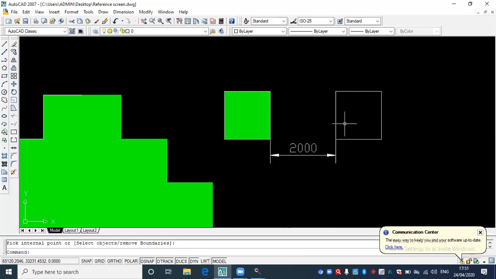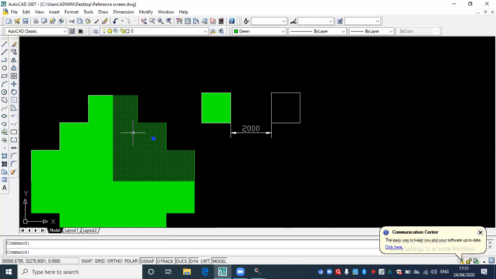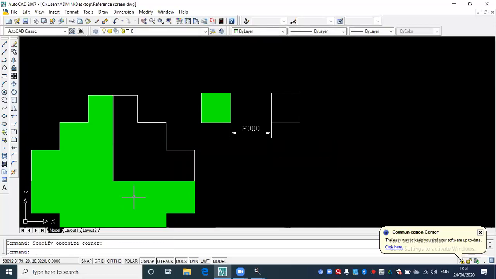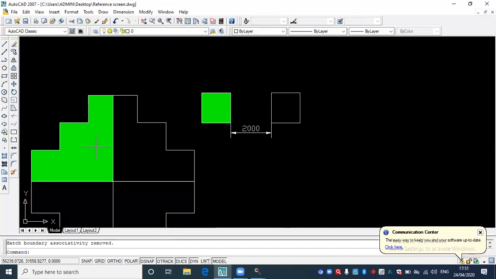See, in this case, I have taken the mirror line as this. So suppose if I take this mirror line, the object will be created here and not at 2000. I want to create absolutely the mirror image at a distance of 2000 from this object. How do I do that?